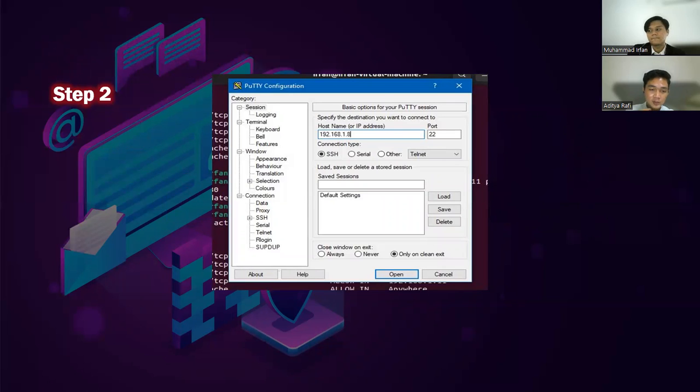Next, step two. We try to enter through the client. Here we use PuTTY as our bridge application to remote access. In this we input the IP address of the host we want to remote access.